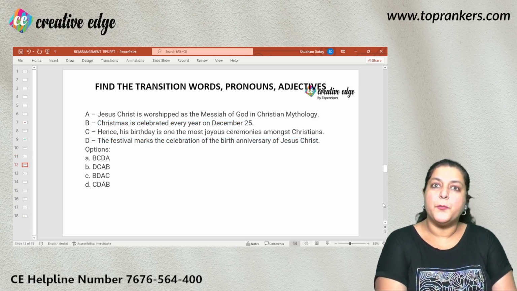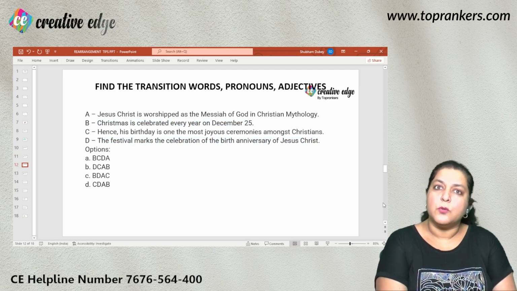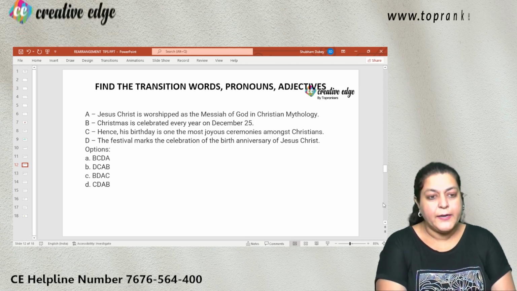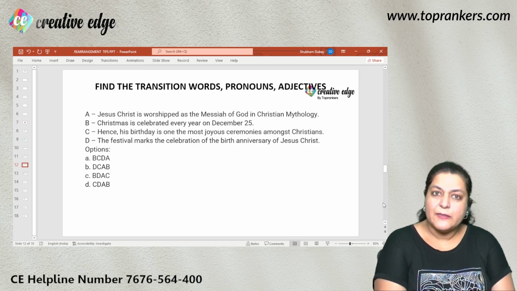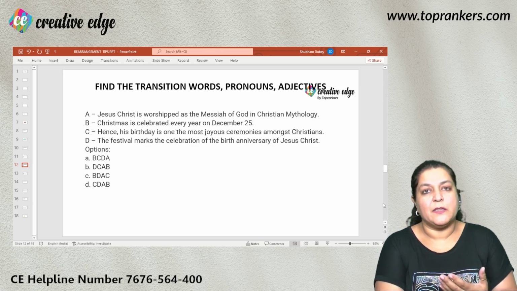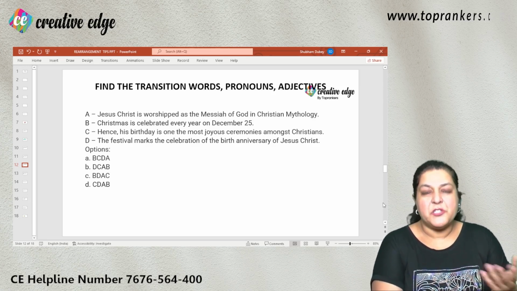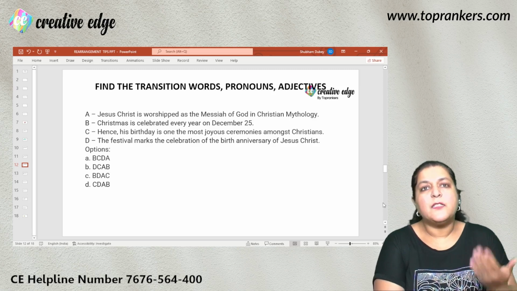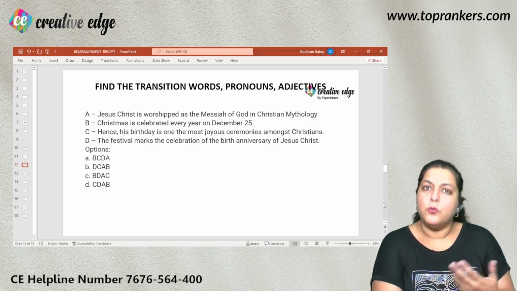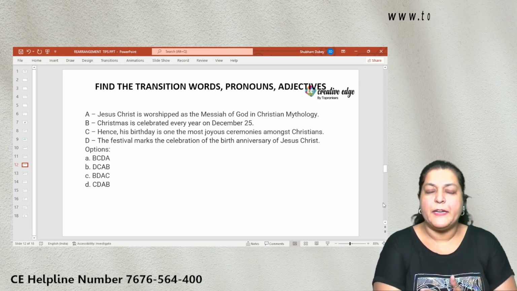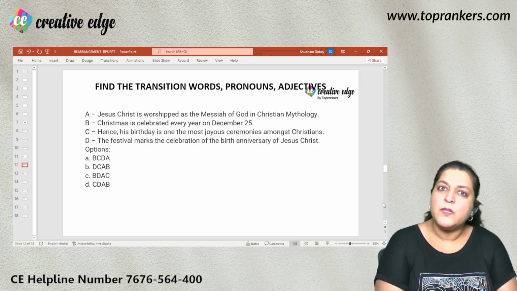Find the transition words, the pronouns and the adjectives. I'm sure जब आप पढ़ रहे होंगे आपको कंक्लूसिव सेंटेंस ढूंढते वक्त ही समझ में आ गया होगा कि ये कंक्लूसिव सेंटेंस क्यों है, क्योंकि वहां पर एक वर्ड है हेंस, राइट? तो जिस तरीके से हमको ये समझ में आया, इसको बोलते हैं ट्रांजिशन वर्ड। ठीक है, इस तरीके से ट्रांजिशंस होते हैं। बहुत सारे वर्ड्स होते हैं जो ट्रांजिशंस बताते हैं। हो सकता है वो ट्रांजिशन कंजंक्शन के रूप में हो, हो सकता है एक कंटिन्यूएशन हो, हो सकता है एक नेक्स्ट पार्ट की एक्सप्लेनेशन हो, उसका एक वर्ड मेंशन करे, या हो सकता है किसी कॉन्ट्रास्टिंग आइडिया को वो मेंशन करे। हम उसको थोड़ा डिटेल में बाद में समझेंगे, बट फिलहाल आपको ये हेंस वर्ड से समझ में आ गया कि